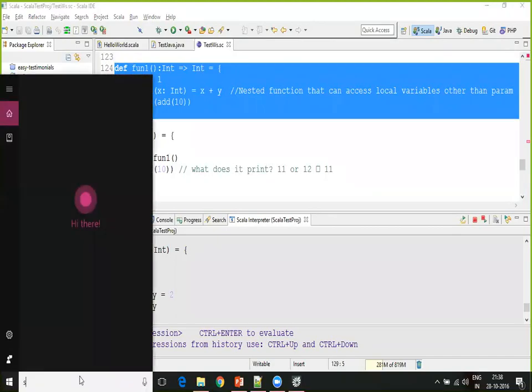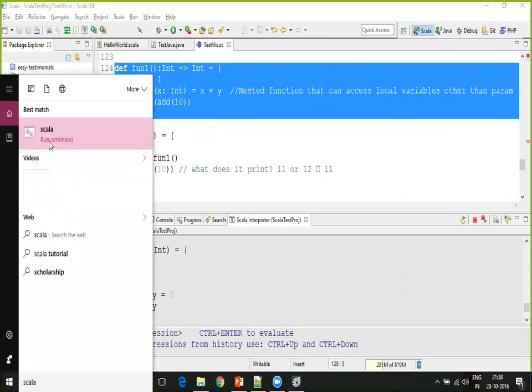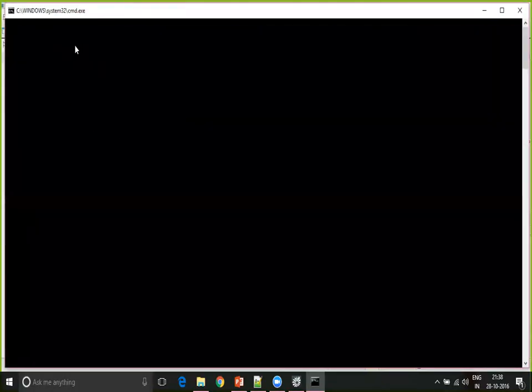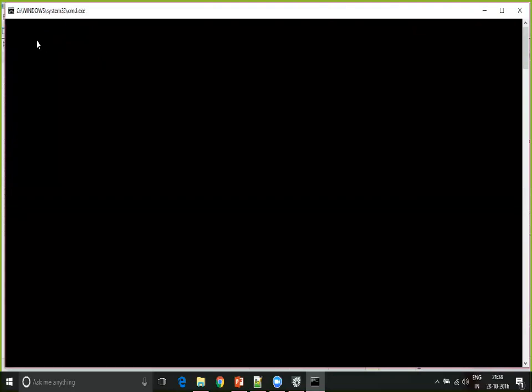Anyone wants to answer? Yeah, y equal to 1 because it's declared outside of that function. 1. Y equal to 1 will be considered. The reason is